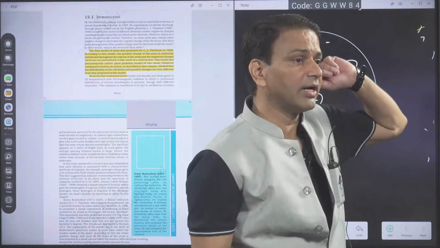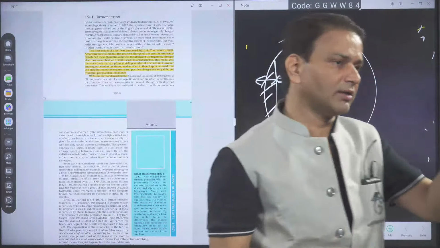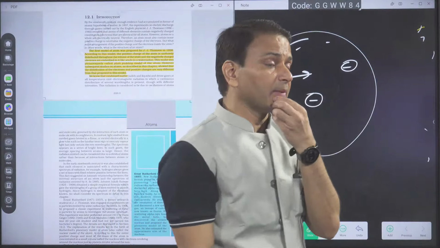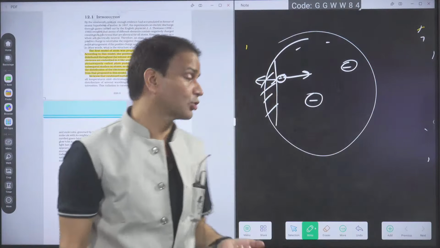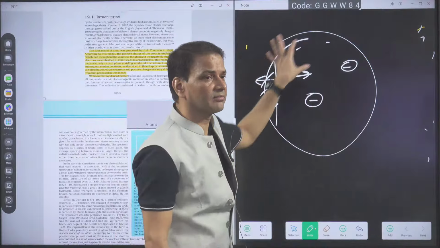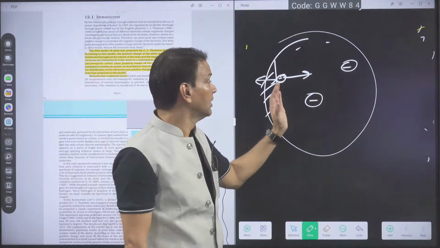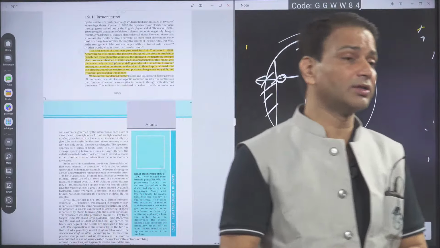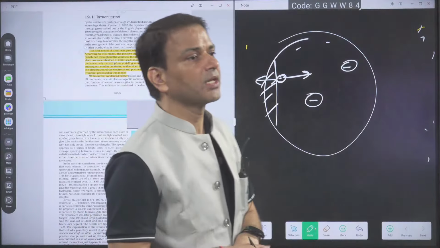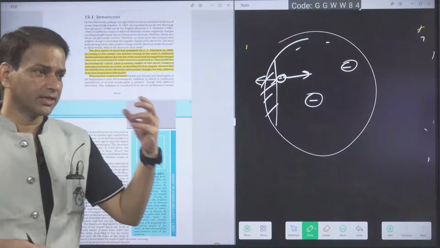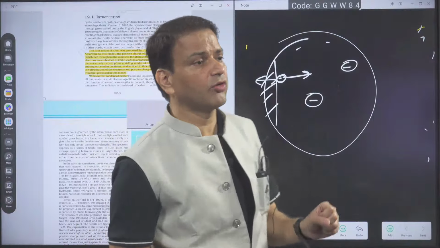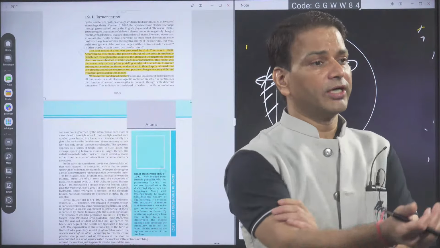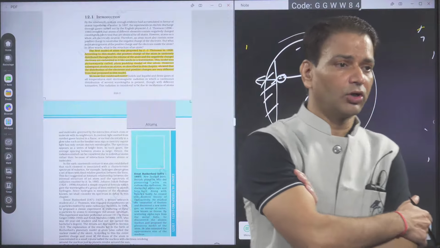Then how, in the watermelon, do we know that the seeds are at rest? Seeds are not moving inside the watermelon. But if we take the seed as an electron and the red part as the positive charge, then for any electron, the net force will not be zero. So on the basis of electrostatic stability, the Thomson model got rejected, because according to his model, the net force on the electron will not be zero.